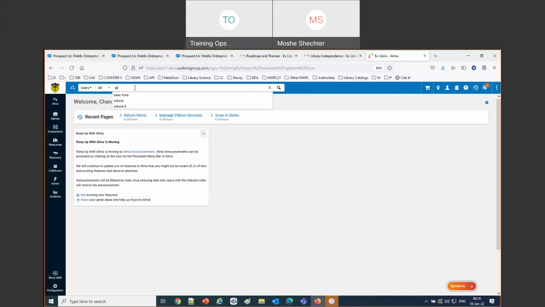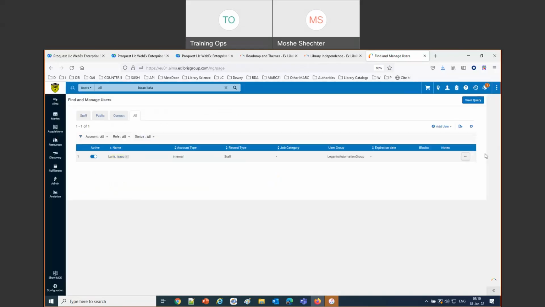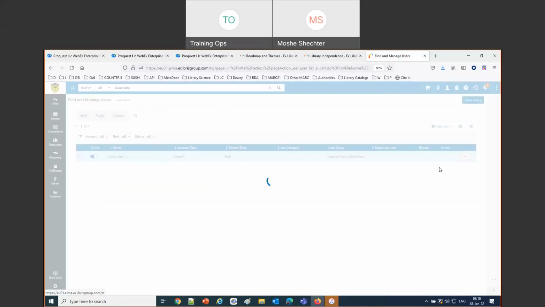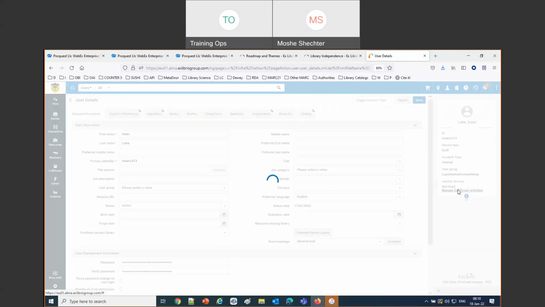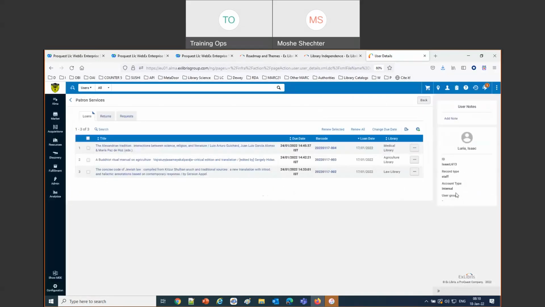So if we go now again to Isaac Luria, who has items from 3 different libraries, and we go to manage fulfillment activities, and we send him an activity letter, we'll see that it's going to be 1 letter.